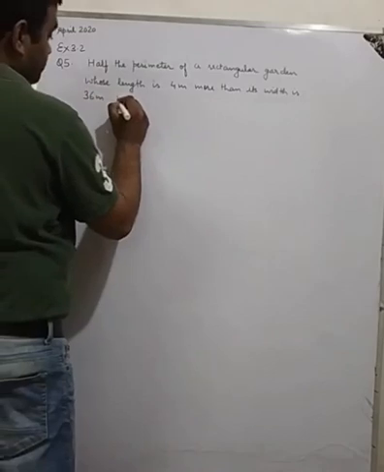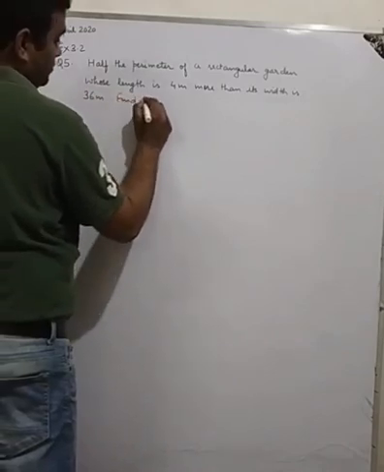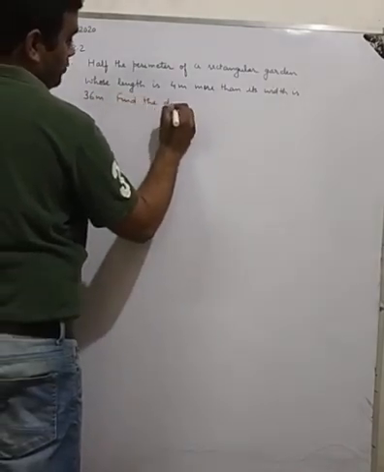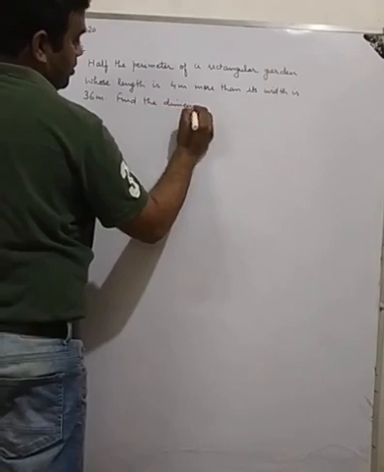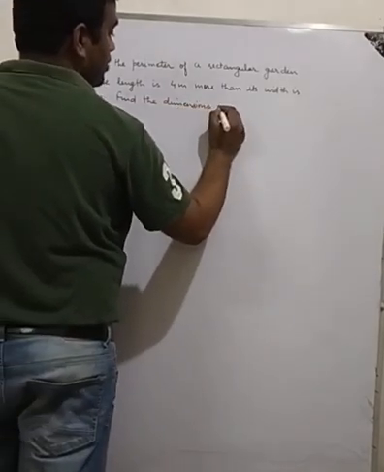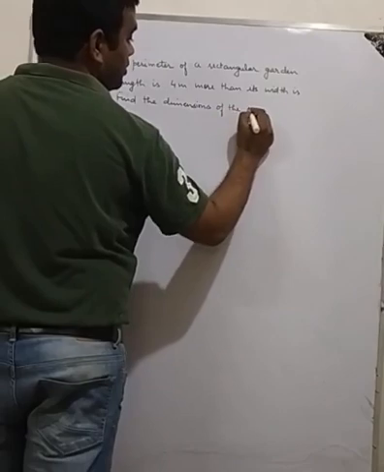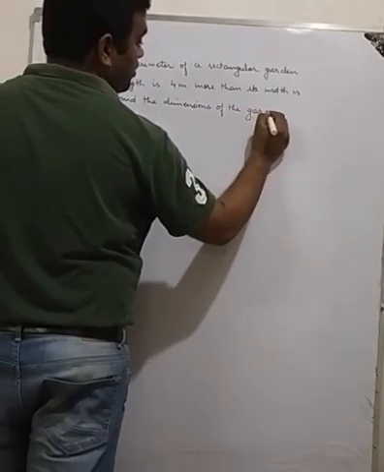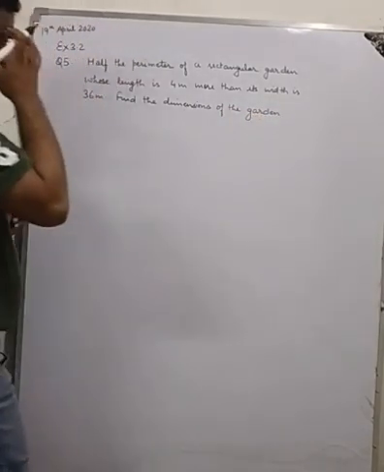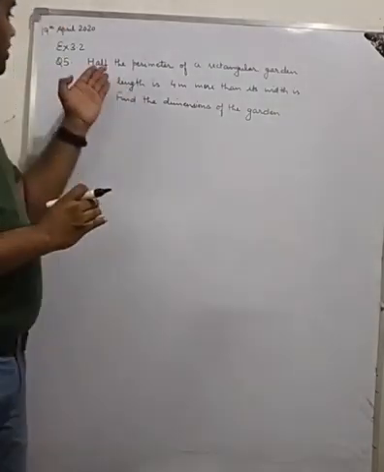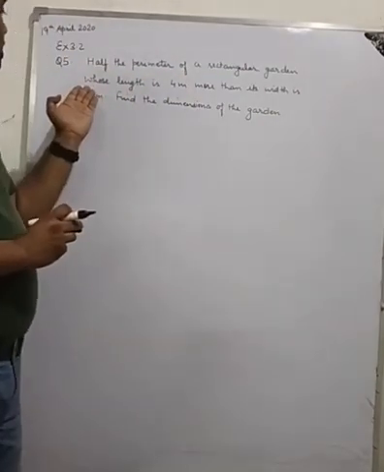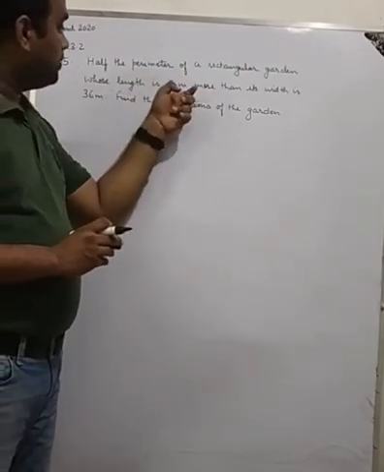Find the dimensions of the garden. Now the question says, half the perimeter of a rectangular garden whose length is 4 meter more than its